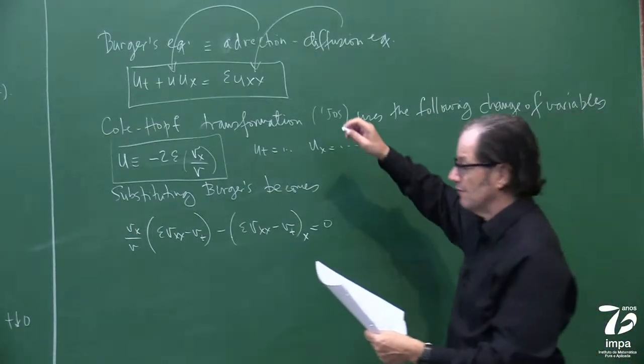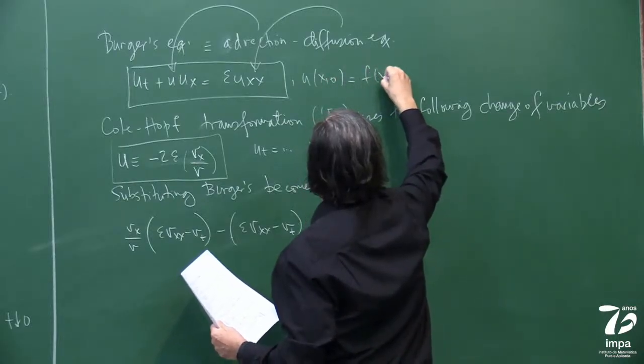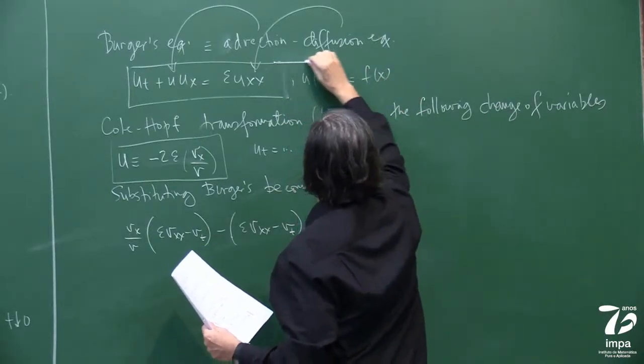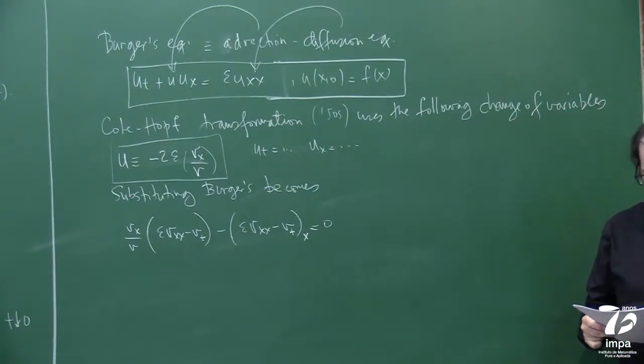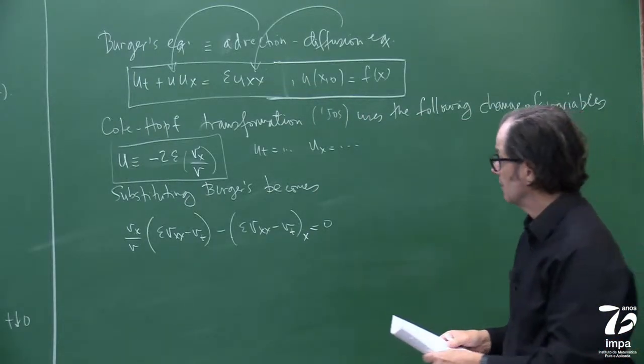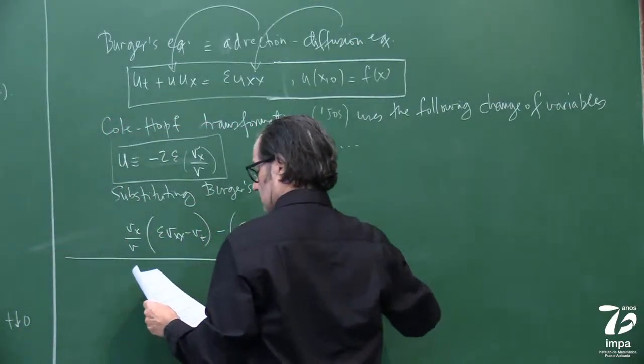Okay, so for Burgers' equation, I have to put this here. So if this is my problem for Burgers' equation, right, then for Cole-Hopf, I have